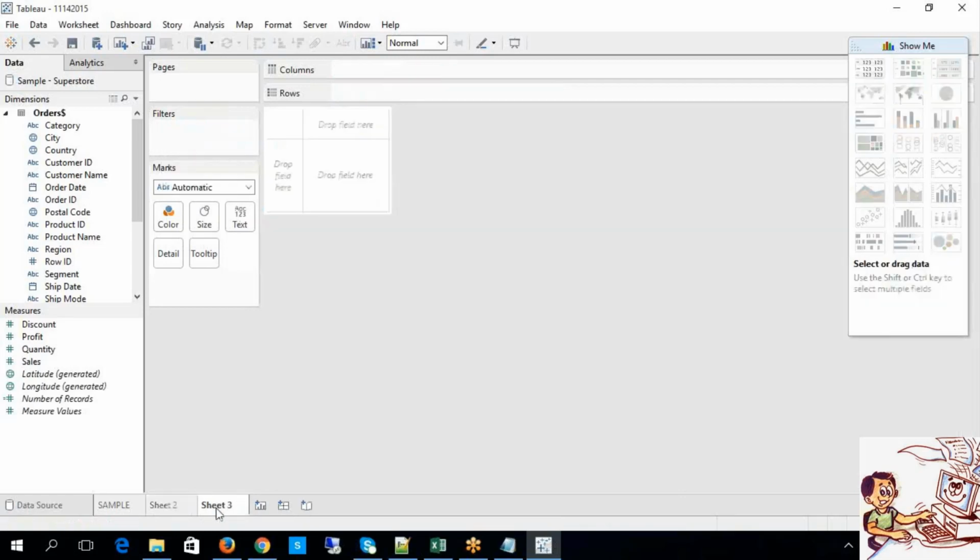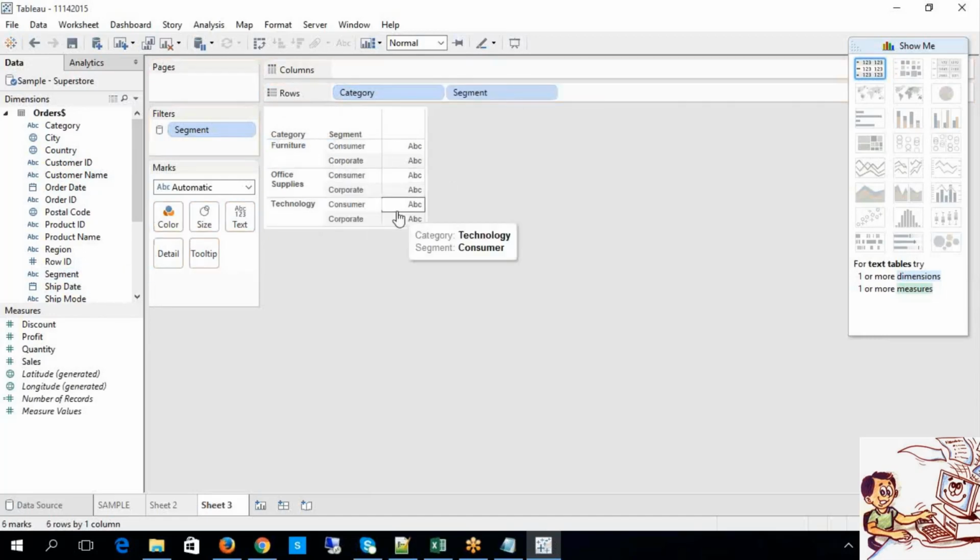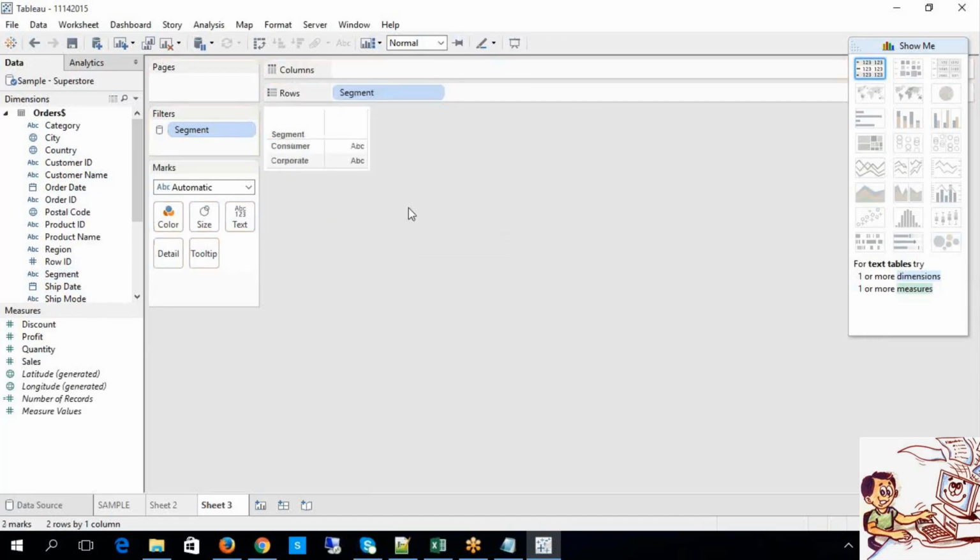Now look at this. What happened? If I pull in category, this filter is coming into the picture automatically, isn't it? When I choose segment, what will happen? The filter is applied here. So now this filter is going to be applicable on all the worksheets which are dependent on this data source.